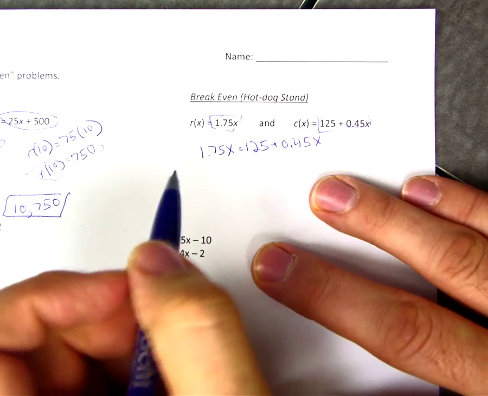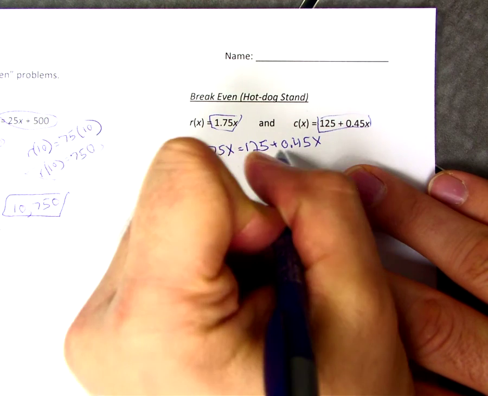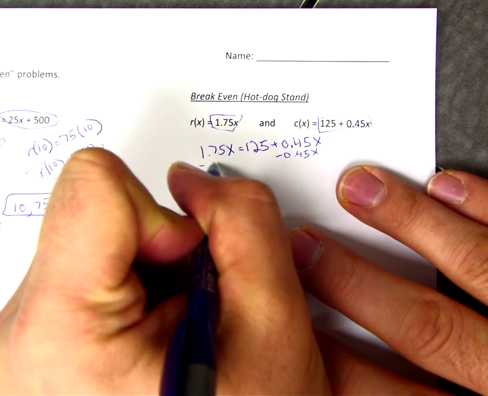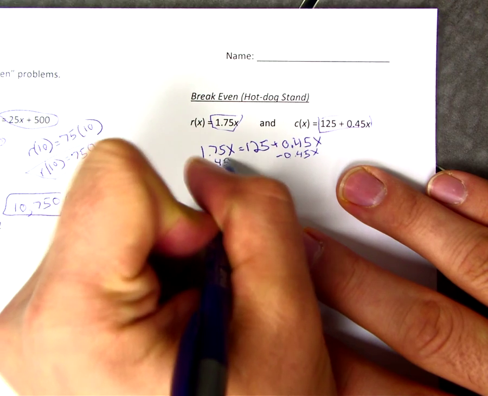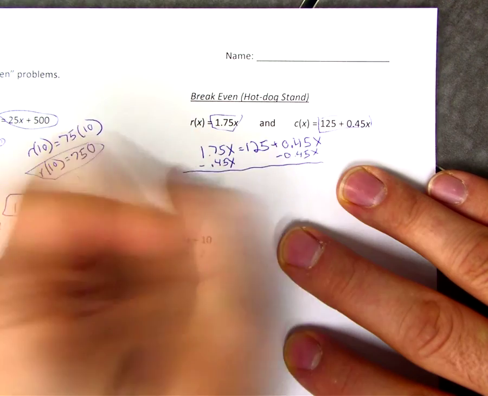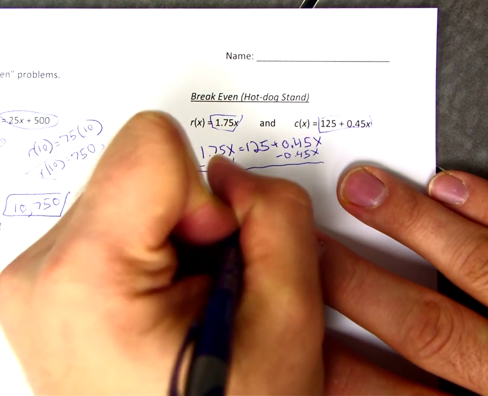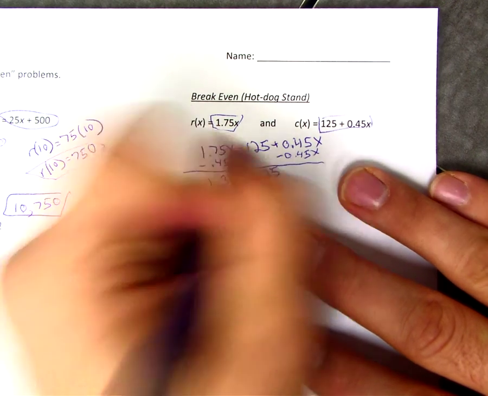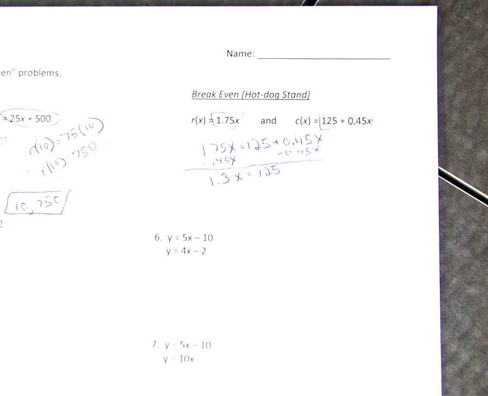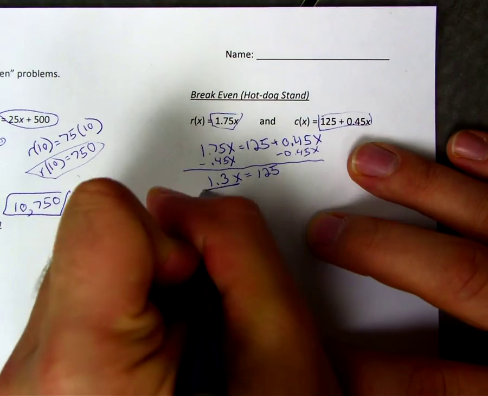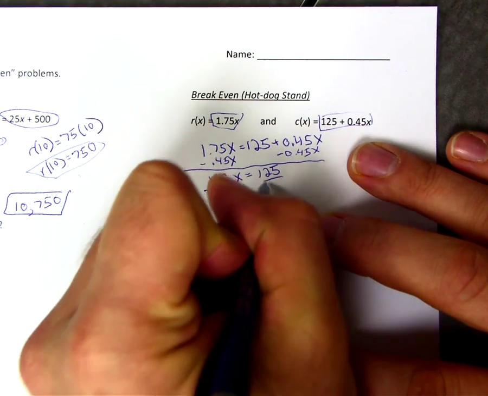And then we are going to go ahead and subtract the 0.45x from both sides because it is the lower of the two, and we'll end up with 1.3x equals 125. And then all we have to do now is divide both sides by 1.3,